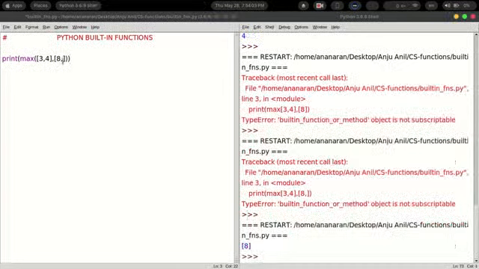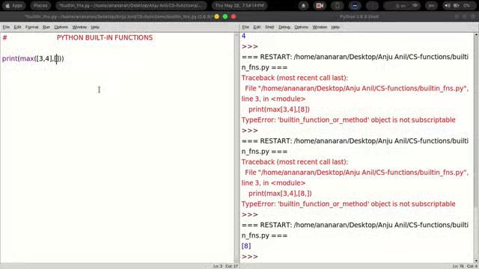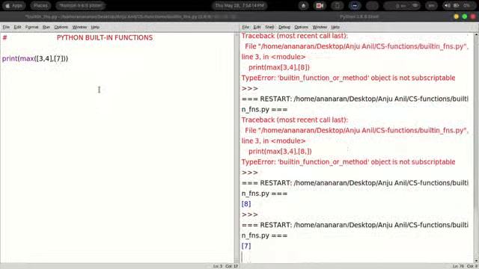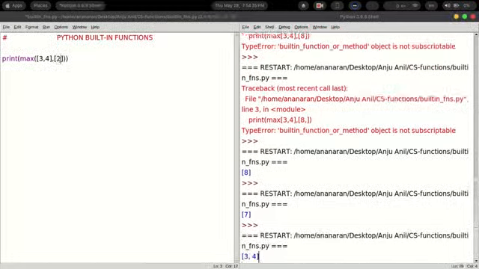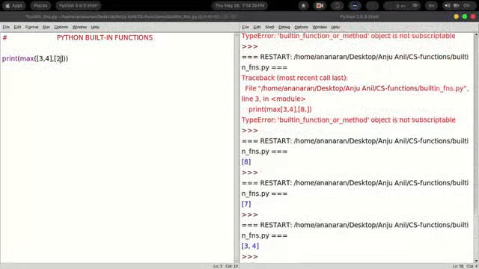If suppose instead of 8 I mention it as 7, I get the output as 7. In case I mention, instead of 7, 2, you will get the value as 3, 4.